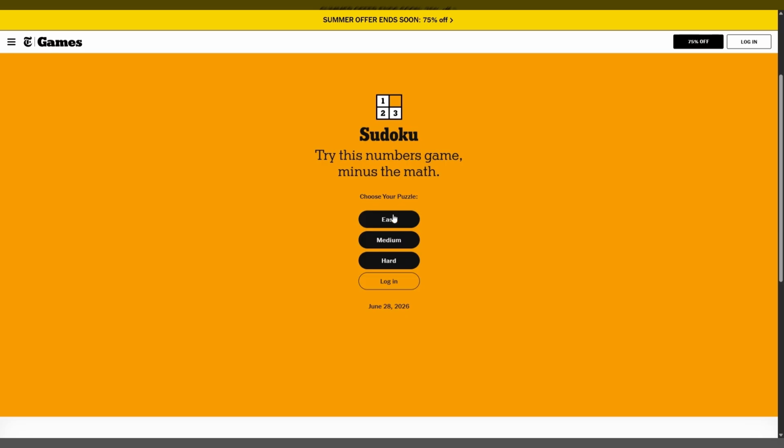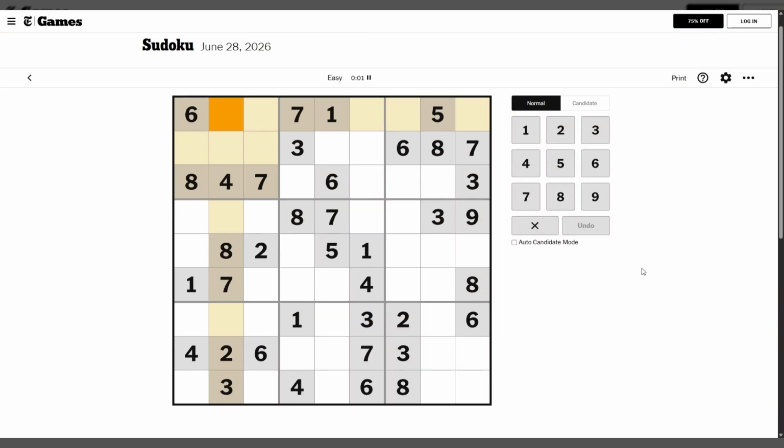Today we're doing Sudoku. We're just gonna do easy mode because, you know, I'm not a genius at this. All right. So there's this auto candidate mode. Well, let me explain this first. So basically, you can only have